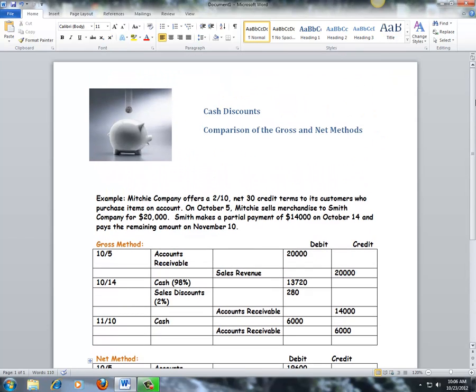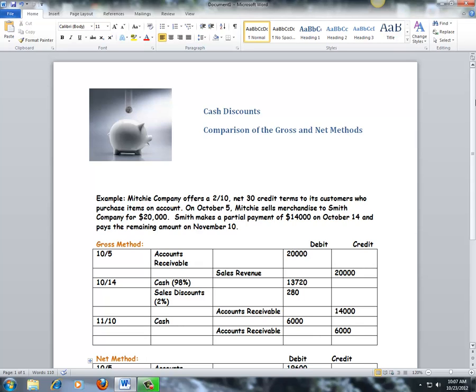Hi, this is going to be a discussion of cash discounts with a comparison of gross and net methods. The only difference between the two is under the gross method, you record the sale at 100% of the selling price and wait and see if the customer is going to take advantage of a discount. Whereas under the net method, you assume from day one that the customer will take the discount, so you record the sale at the net amount, and then if he doesn't take the discount, you're going to have some interest